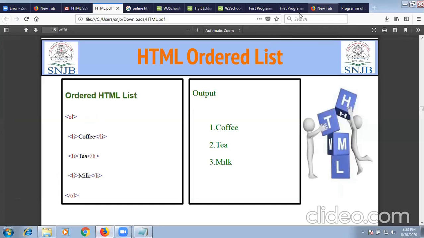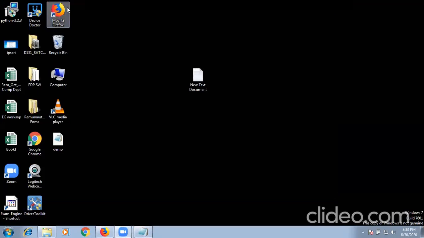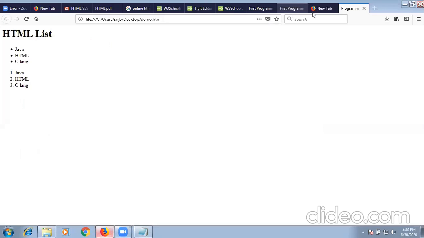Now you can refresh the page. Okay, you can refresh the page. If you have created another file, then you have to go to that particular file and open with, or by default, if your system has a default browser, it will show the symbol like Mozilla or Chrome on this file. Every time it is not needed to right click on the file and open with. So I will go to my page, refresh it, see the difference.